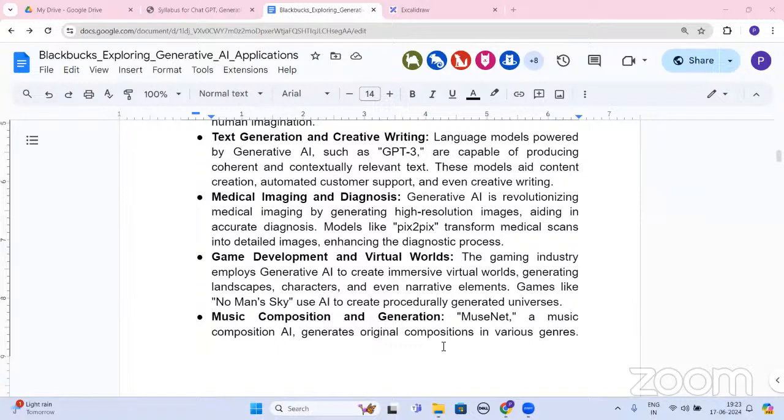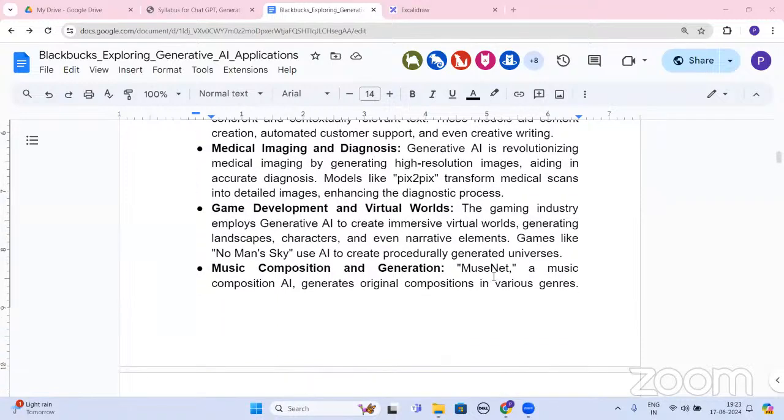Now, after this is done, you can also use the MuseNet package. Pix2Pix is a package or a model, a pre-trained deep learning model, Harika. Like that, MuseNet is also a pre-trained model available over here, right?